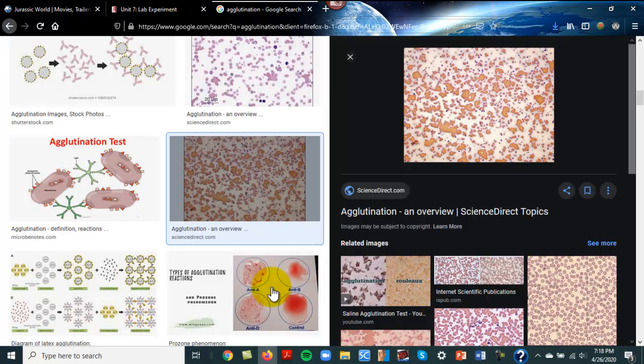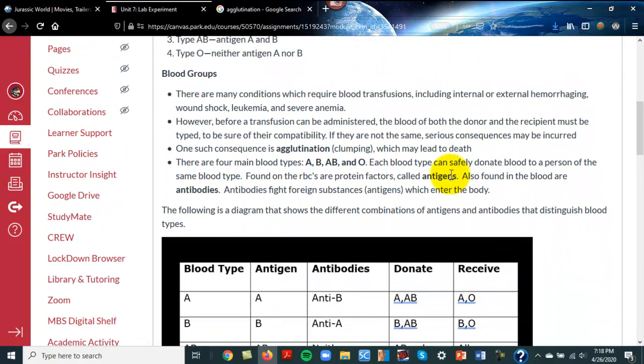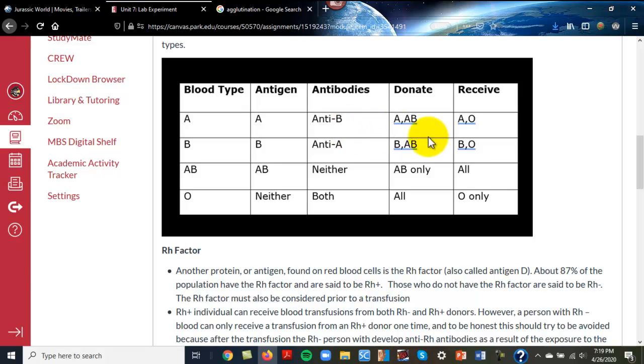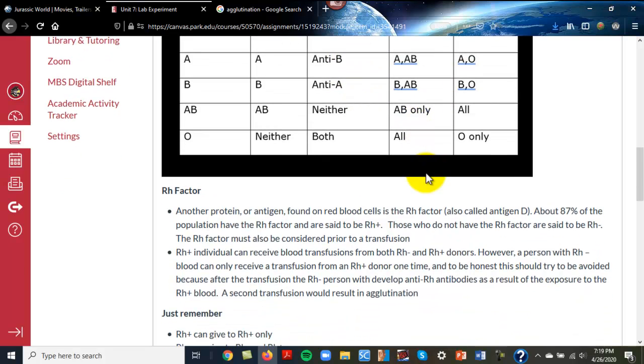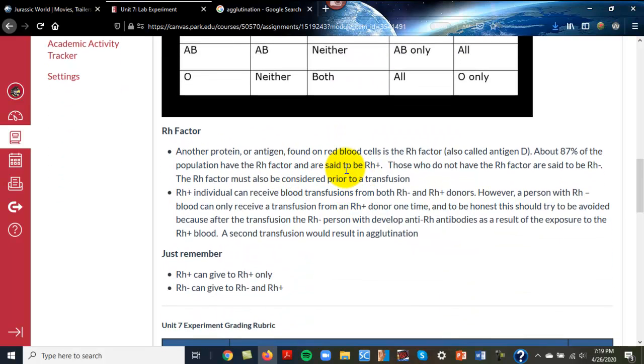So here's the lab. A little introduction on the ABO blood groups. This is basically what I gave you in the handouts, a little introduction about what the blood groups are. Here's that chart. The plus and minus are not here because it makes it a super busy chart. And then here's a little bit about the Rh factor. So what you're going to do,